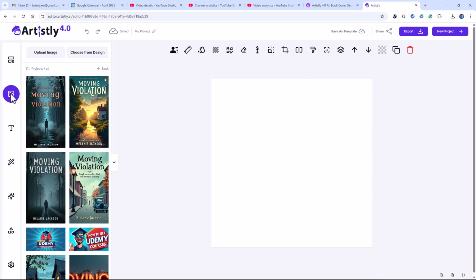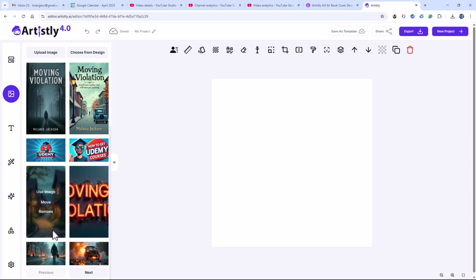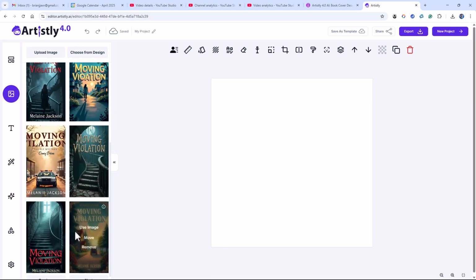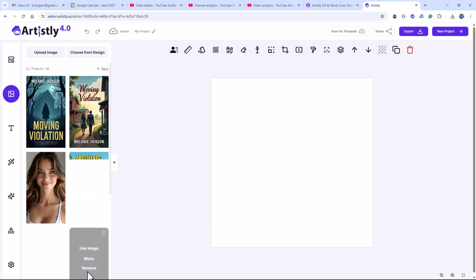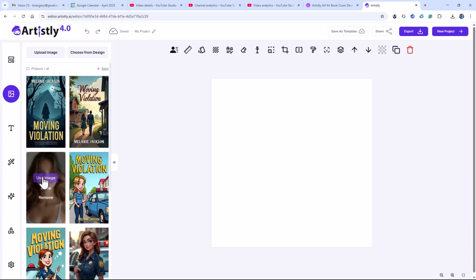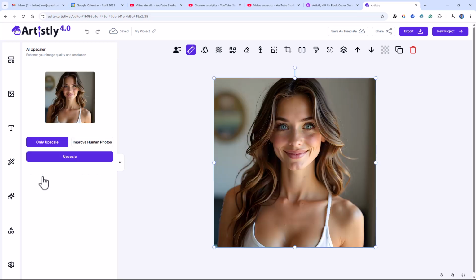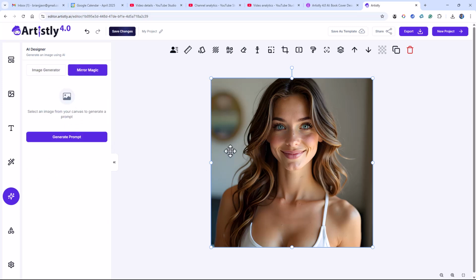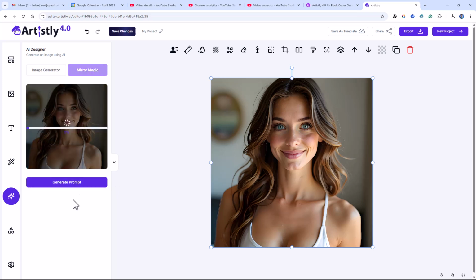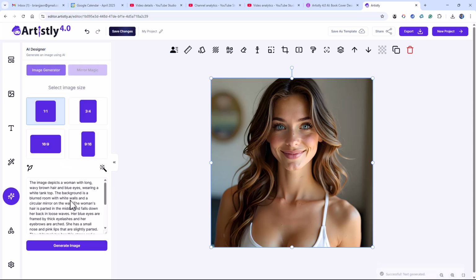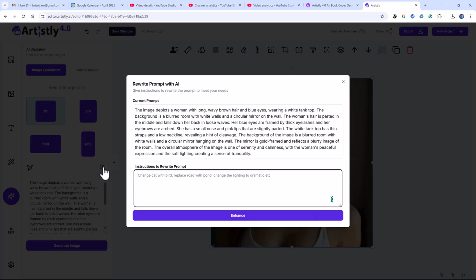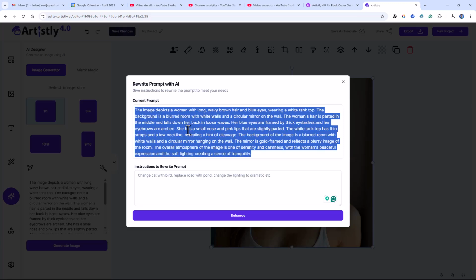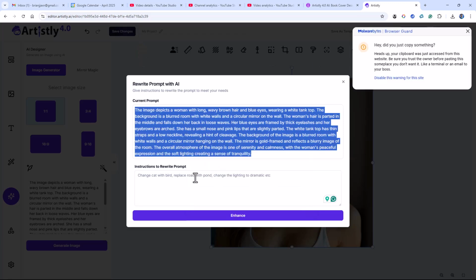Well, one of the things actually that we can do is come to my media library, grab a character such as this, come to AI Designer and say, Mirror Magic. Get a prompt describing this woman. Let's say this is what I want the woman to look like. And then here we are once again with a prompt. I copy it up,